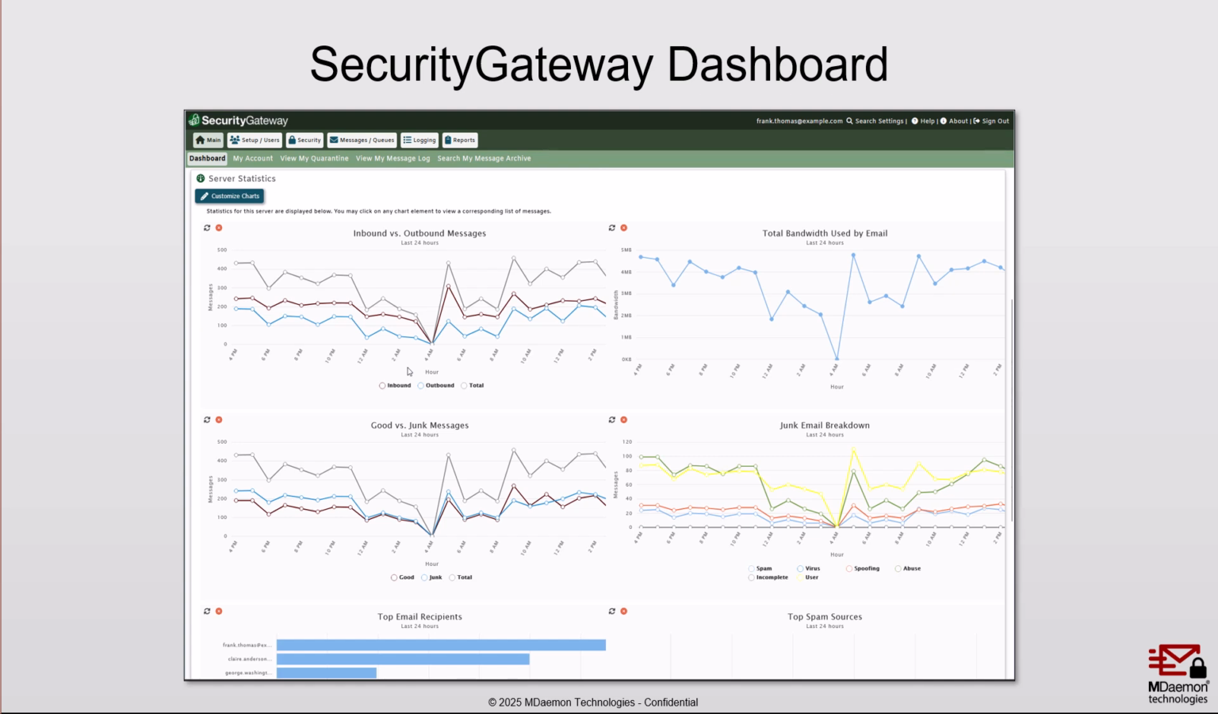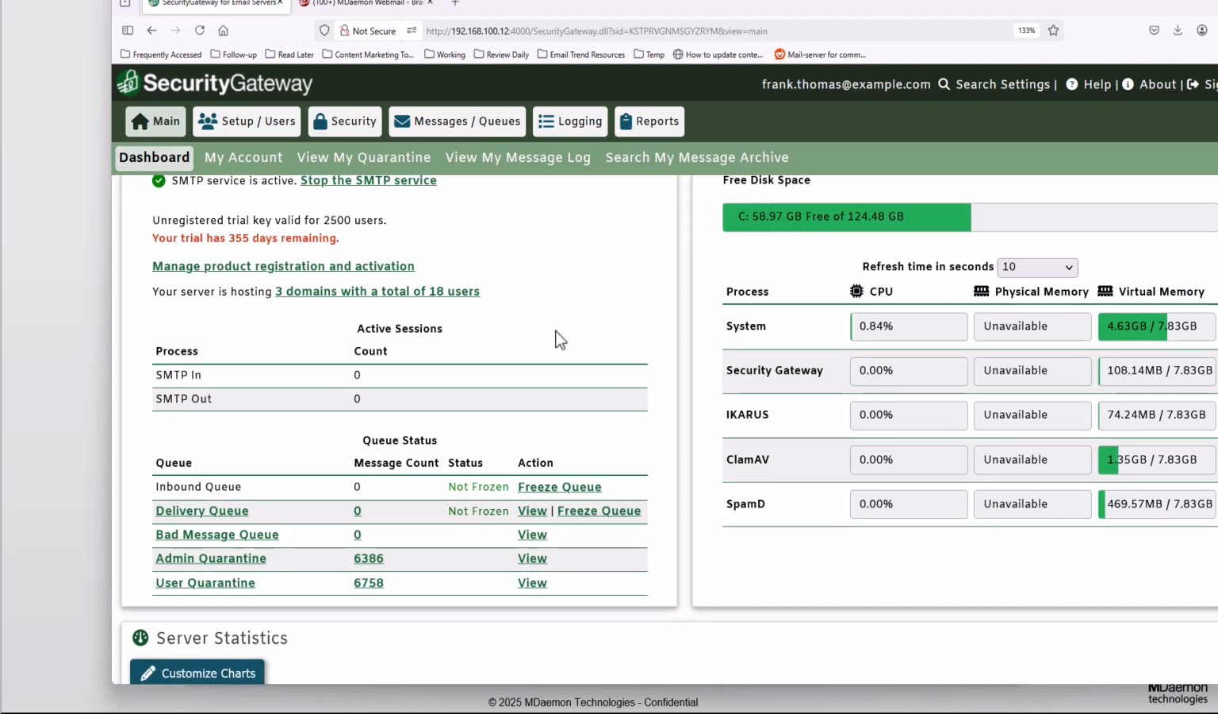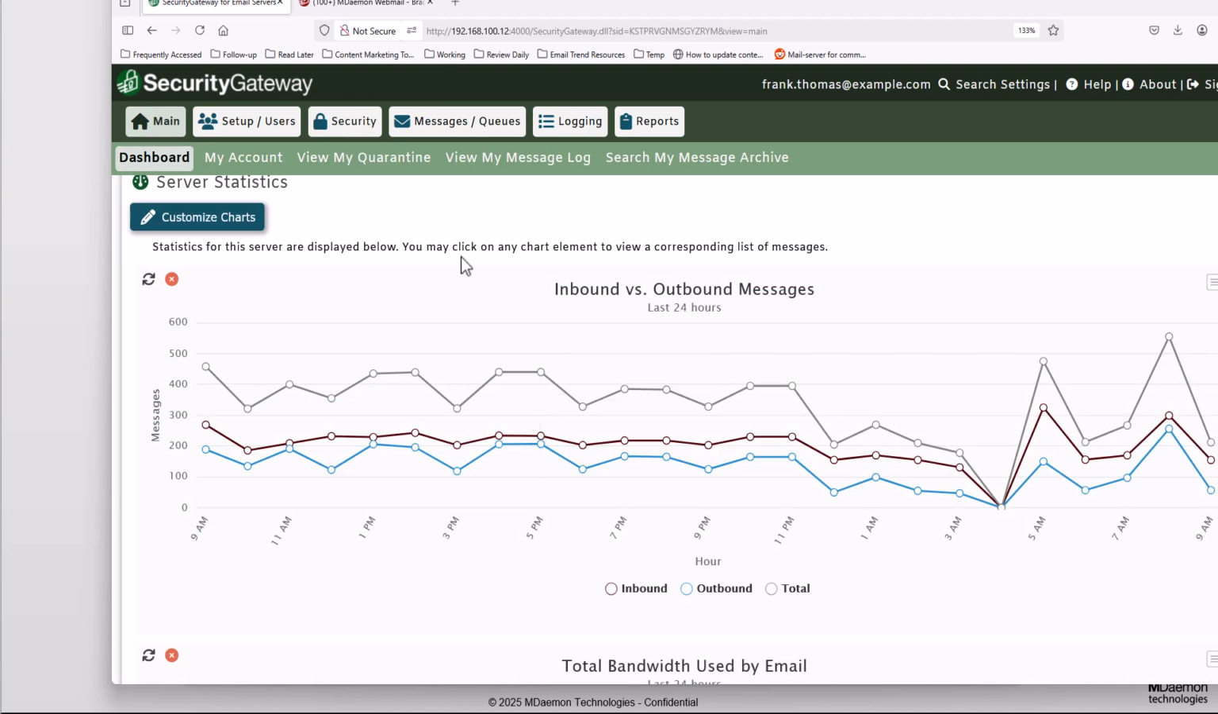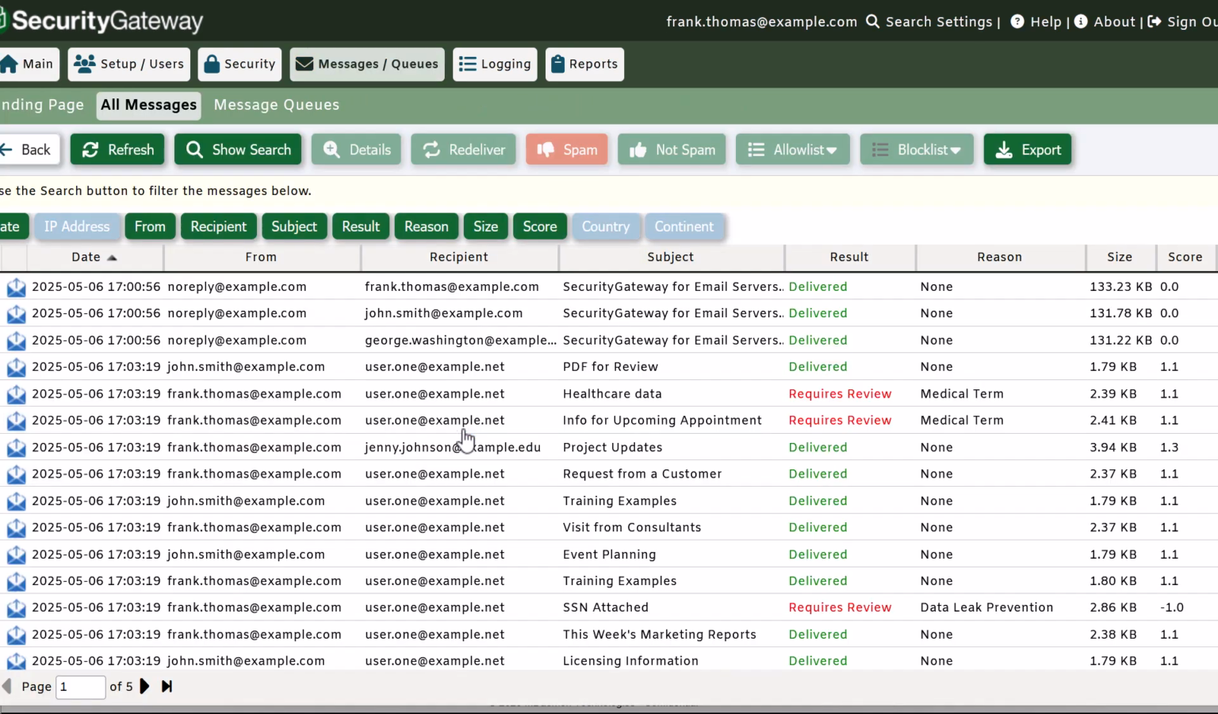So for example, let me pull up my live Security Gateway server, and I'll show you a better example of what that looks like. So here's the dashboard. Here's my dashboard. Your charts and graphs can be resized depending on how large your window is. As you can see here, for example, here are my inbound versus outbound messages. You can hover your mouse over a data point. For example, at 5 p.m., you can see here that 440 total messages were sent, 233 inbound messages, and 207 outbound messages. I can click on that data point, and it'll take me to all of the messages corresponding to